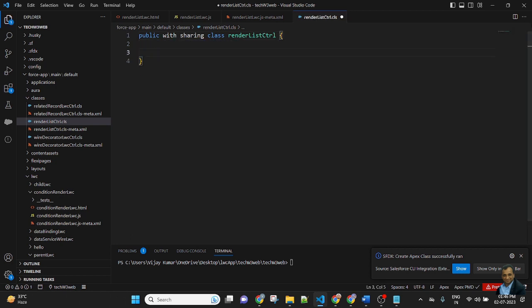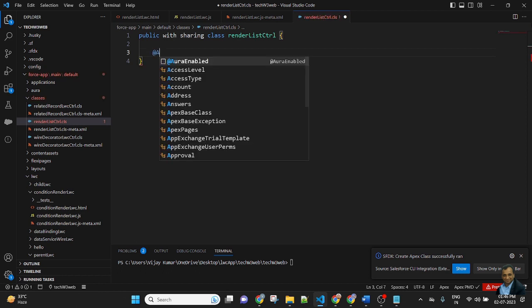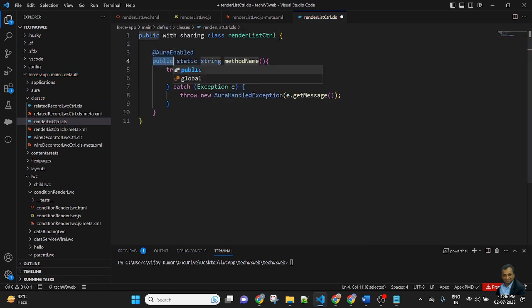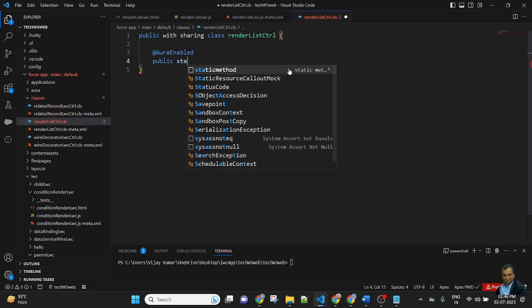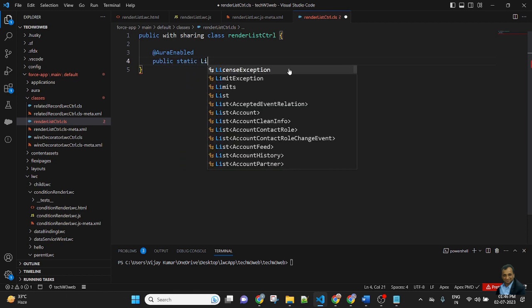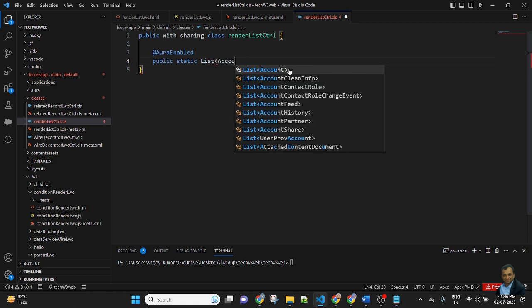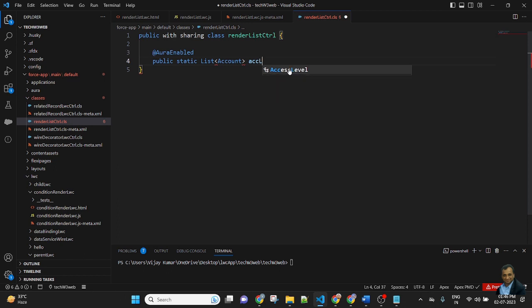Before creating a method, I will put an annotation, Aura enable. Then I will create a method: public static list of account, ACC list.